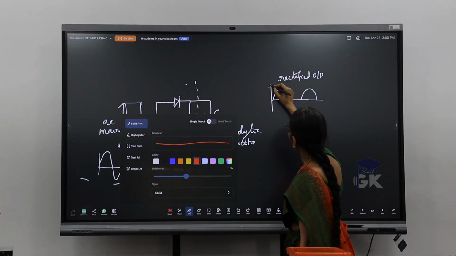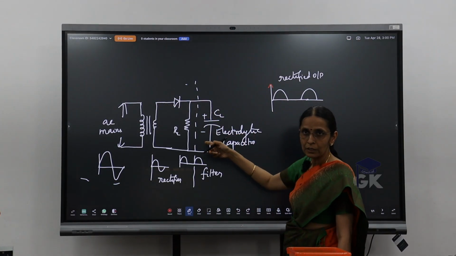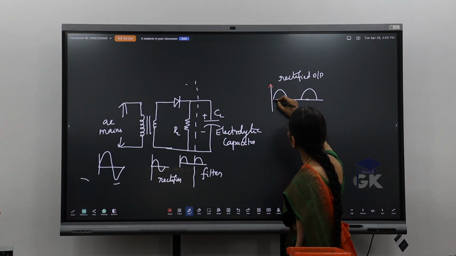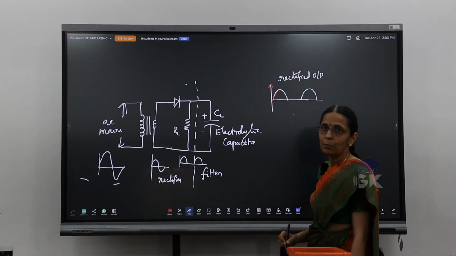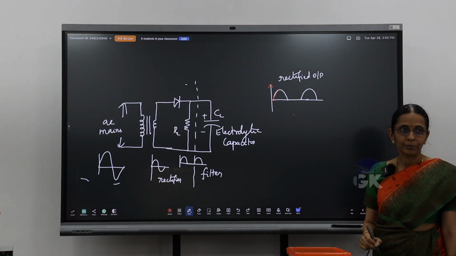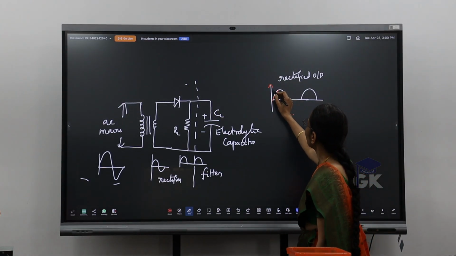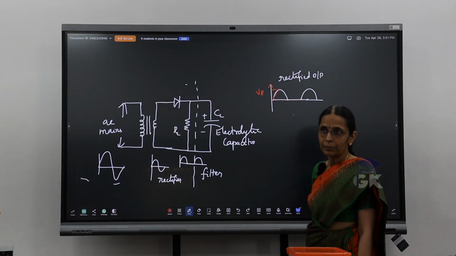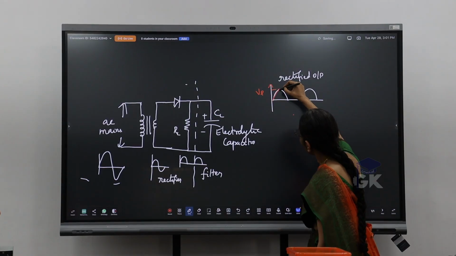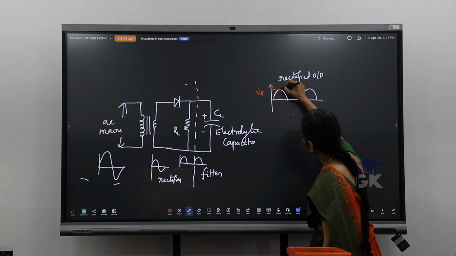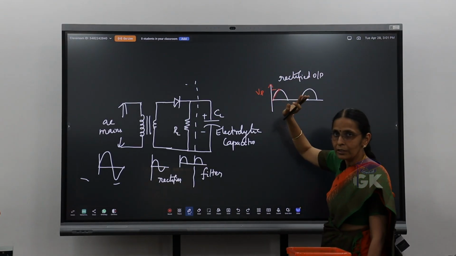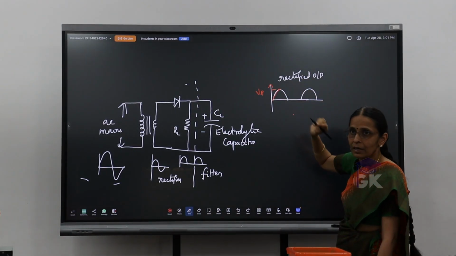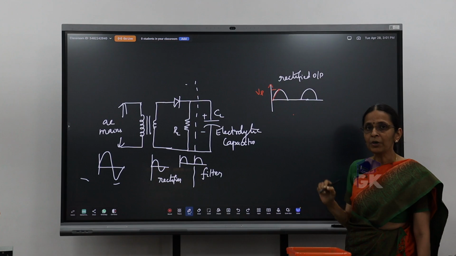So initially, when my rectified signal is passing through, it is going to get charged to the peak value or the maximum value. My capacitor will get charged to this maximum value or the peak value. Now when the rectified signal peak is attained and my capacitor is also totally charged to Vp, after that what happens? There is a dip in my rectified signal. So what should happen to my capacitor?